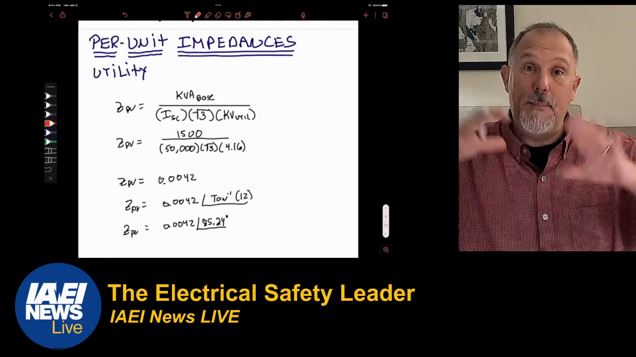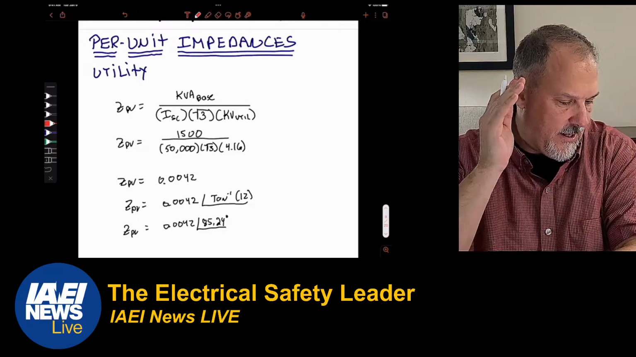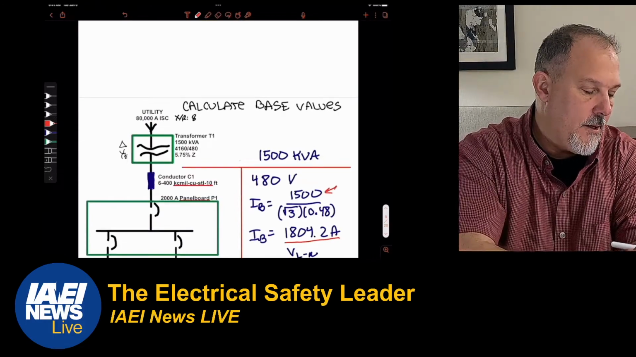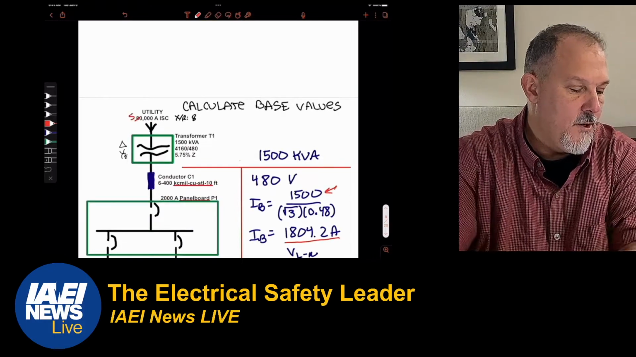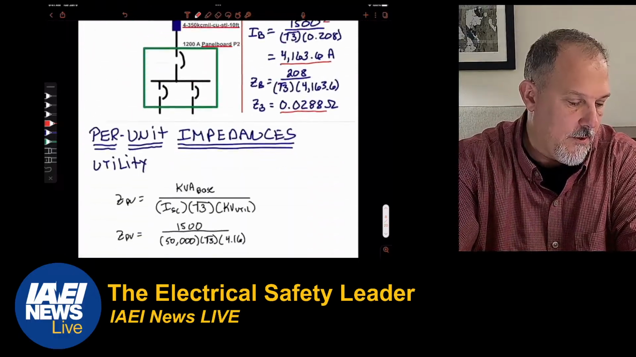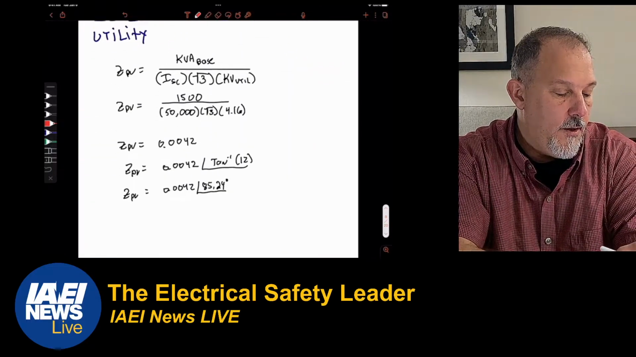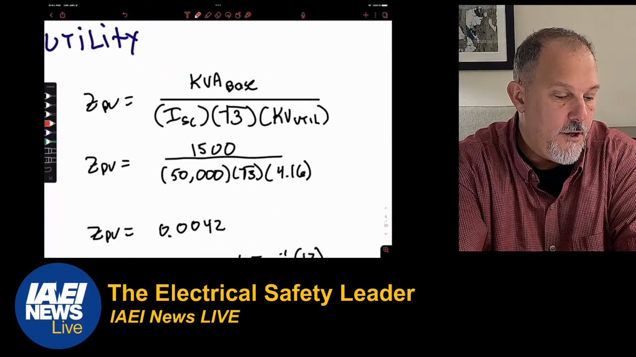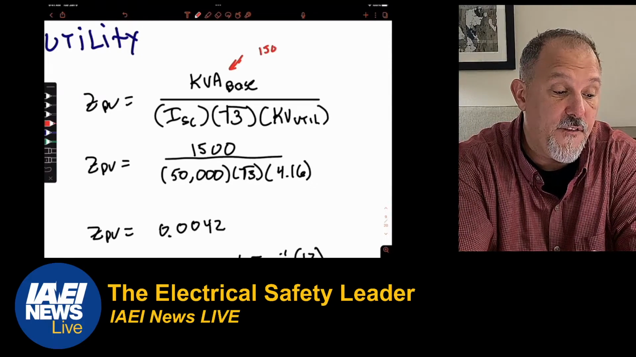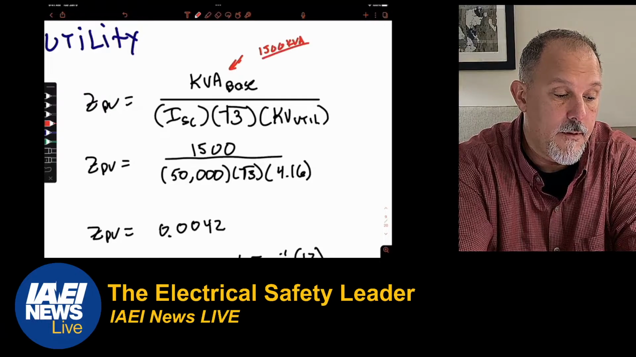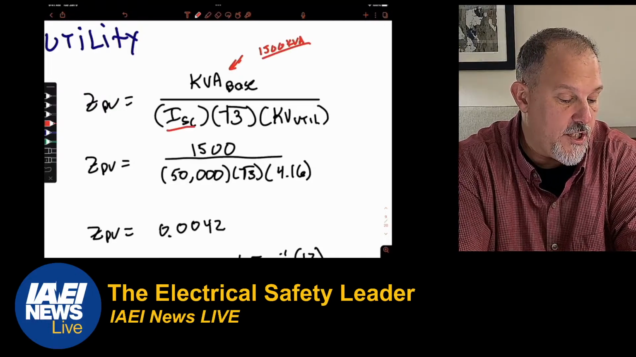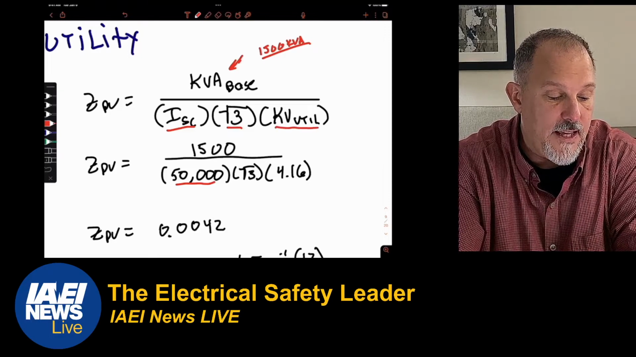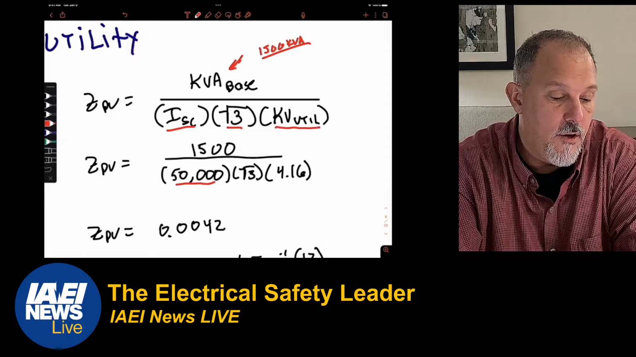Now, the per unit impedance, I need to convert that 50,000 amps. What did I say up here? I had 80,000. Well, let's do it with 50. We're going to do 50,000 amps, and we can do 80,000 as well. The basic equation is right here. You take the kVA base, which is 1500 kVA. You divide it by I short circuit, which is 50,000. Divide that by the square root of 3, and then you have the kV of the utility, which is 4160. So that's